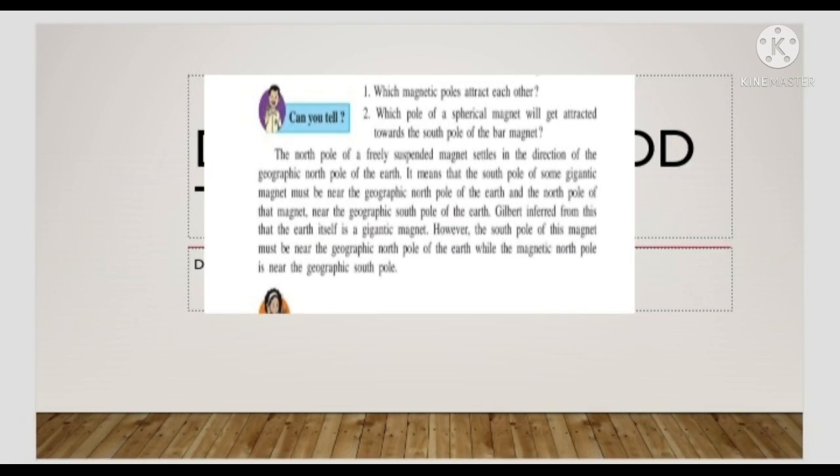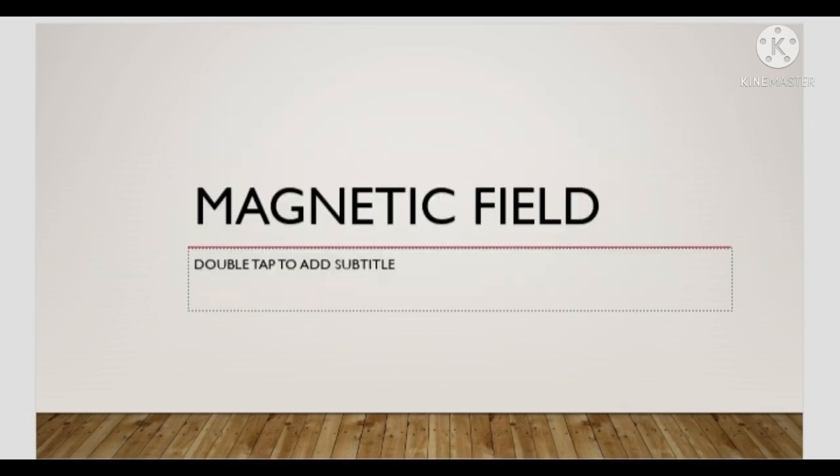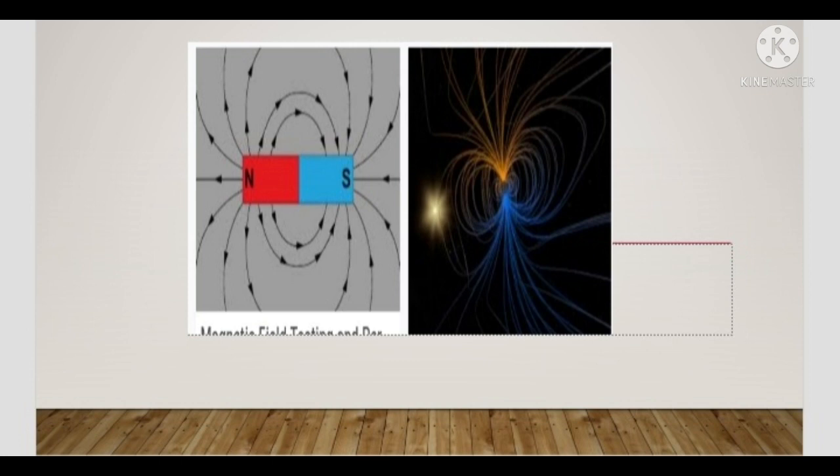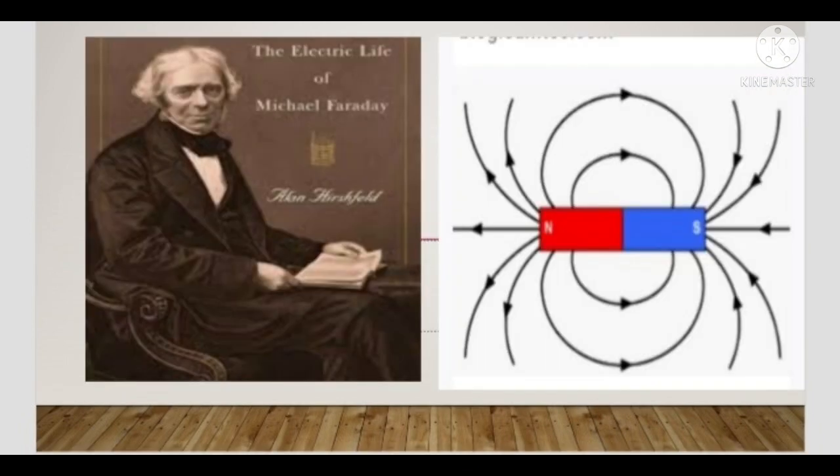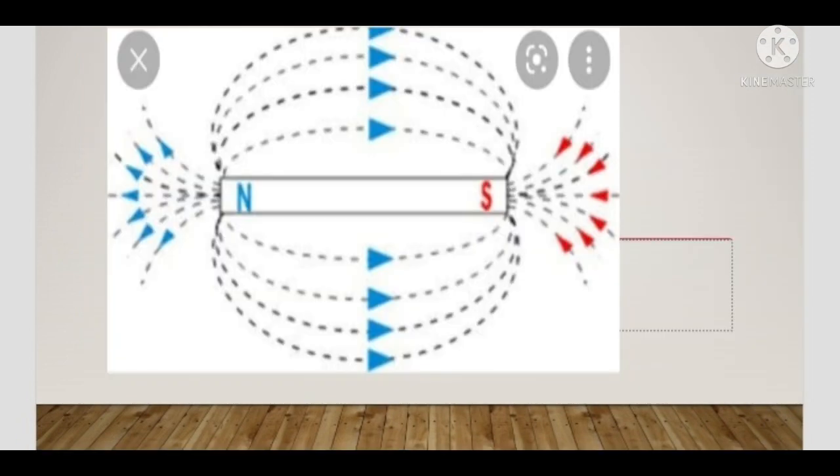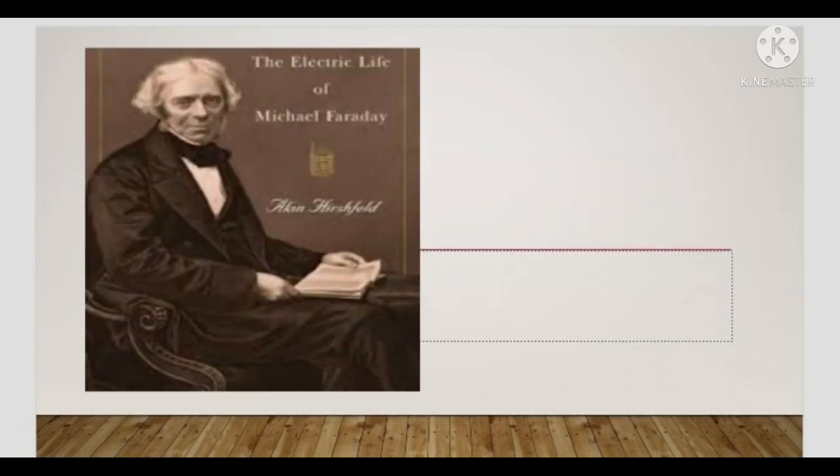Michael Faraday imagined that there might be invisible lines of force going from one pole of a magnet to the other. Magnetic attraction and repulsion might be taking place through the medium of lines of force. If Faraday's idea was accepted, the intensity of the magnetic field can be obtained from the number of lines of force explained above. Then, properties of magnetic lines of force: first one, the magnetic lines of force are imaginary connecting lines. Faraday introduced the concept of lines of force in order to explain magnetic attraction and repulsion.